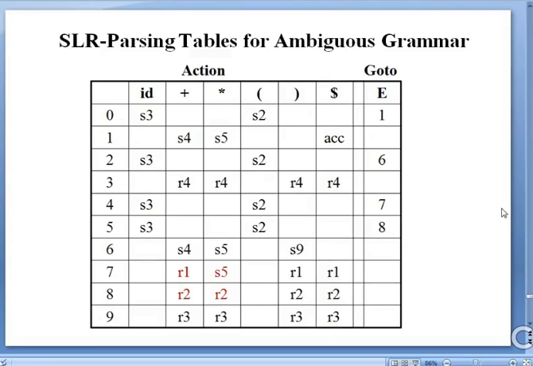So before the tabular form, what you wrote here, shift and reduce, also we wrote 7 on plus. Similarly 7 on star also shift and reduce. Now eliminating the ambiguous grammar, this is the actual tabular form, by eliminating the shift and reduce in the same row and same column.